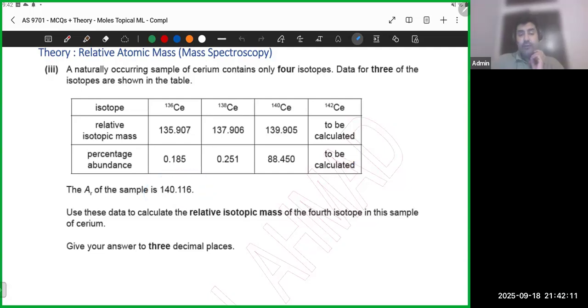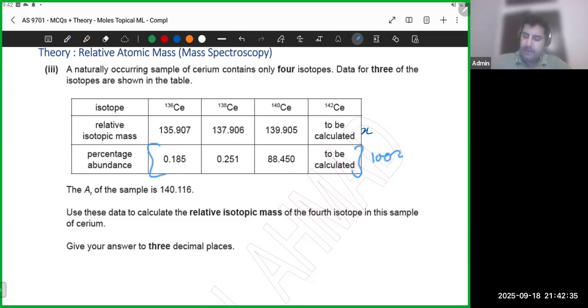He's already done. He knows what the answer is. It's 140.116. He's asking you to calculate the relative isotopic mass of the fourth isotope. So I'm going to take this as the isotopic mass, and I'm going to take this as X because I don't know what it is. So the percentage abundance, I know what it is, because the total percentage abundance is going to be